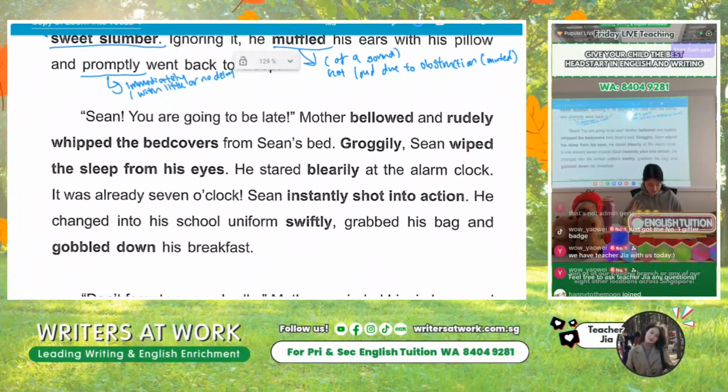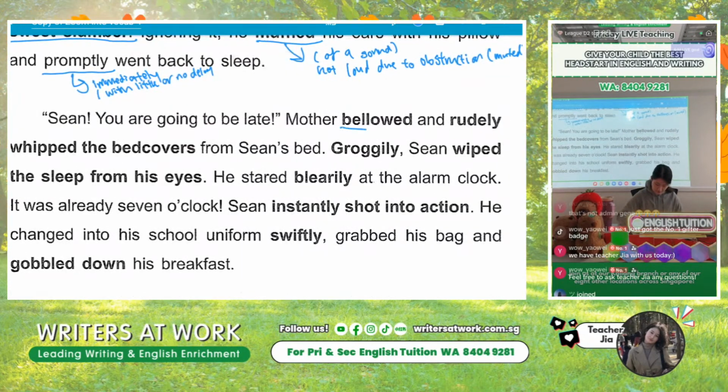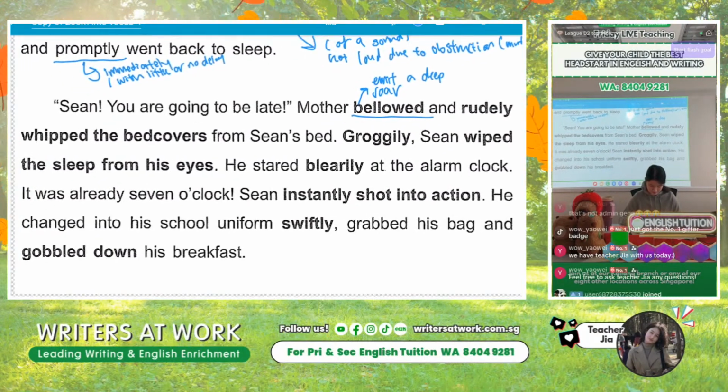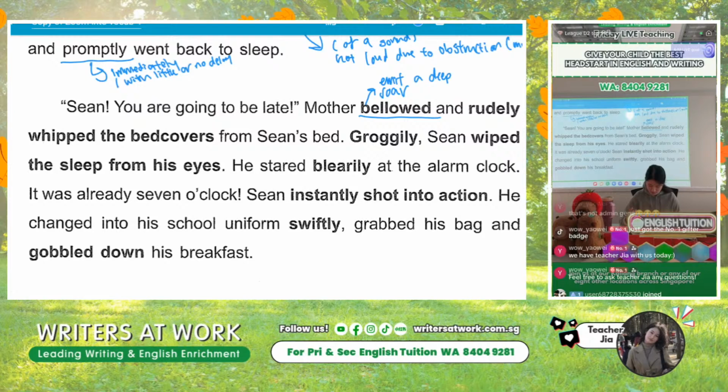Okay, so we're really progressing the story. We're doing just the right amount of descriptions, but we're moving the story along. We're focused on that. Okay, when you're talking about bellowed, you mean that someone is doing a deep roar. Someone's not saying something nicely. It's admitting a deep roar. So you can use this term to describe speech when it comes to someone authoritative, or you can use it for someone of a certain status. You can use it for someone who's trying to intimidate. Instead of using the word said, this is an alternative.